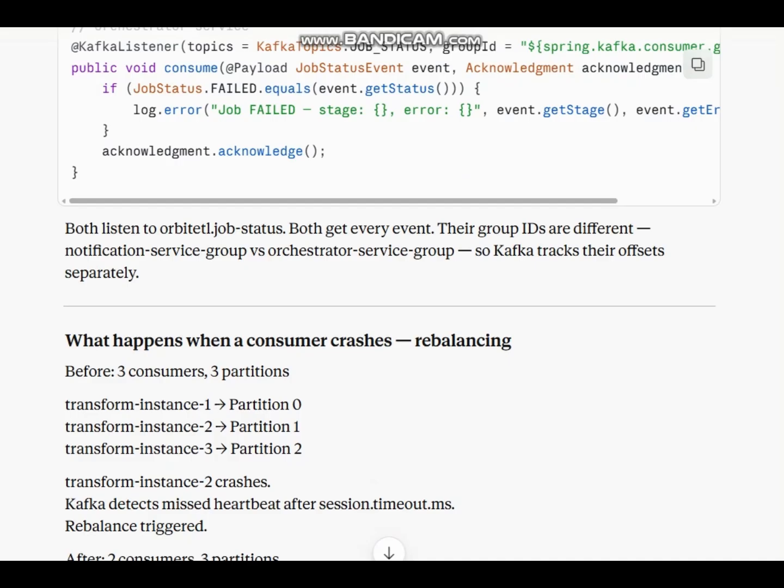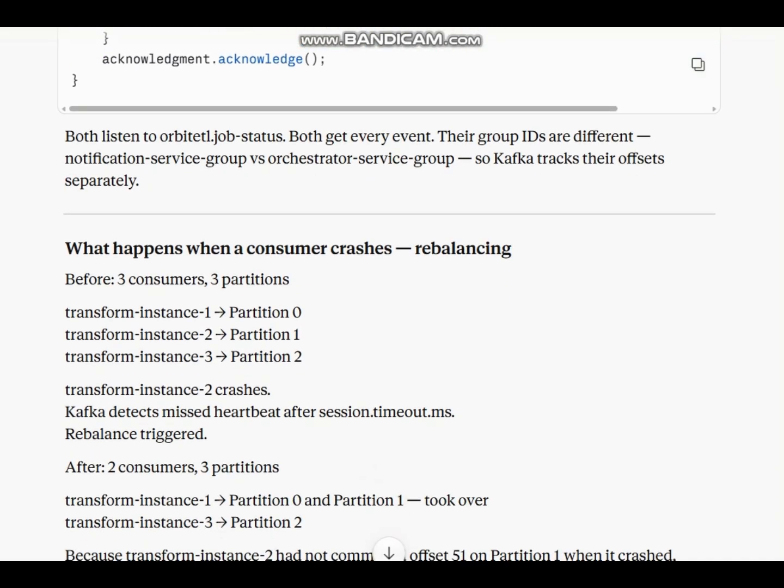What happens when a consumer crashes? Rebalancing. Before: three consumers, three partitions. Transform instance 1, partition 0. Transform instance 2, partition 1. Transform instance 3, partition 2. Transform instance 2 crashes. Kafka detects the missed heartbeat after the session timeout ends, and a rebalance is triggered.